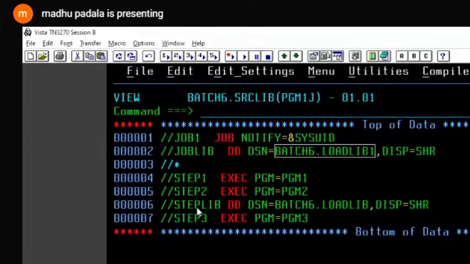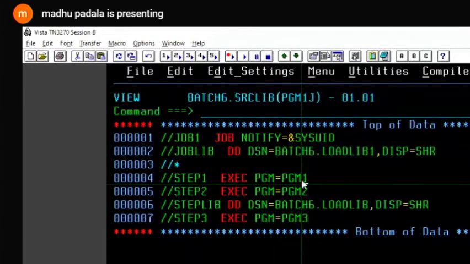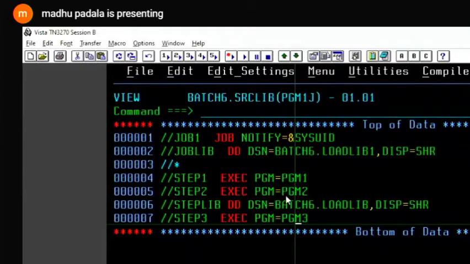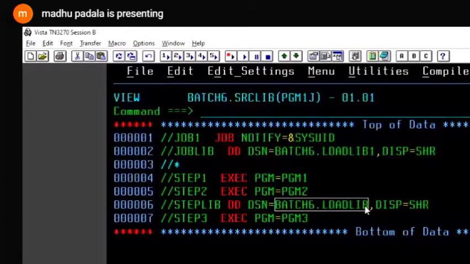If the step lib is coded, then the load module is picked from the step lib. So for PGM1 and PGM3, the load module is picked from the job lib. For PGM2, the load module is picked from the step lib. Do you understand? So either job lib or step lib is used to supply the load library or load module.